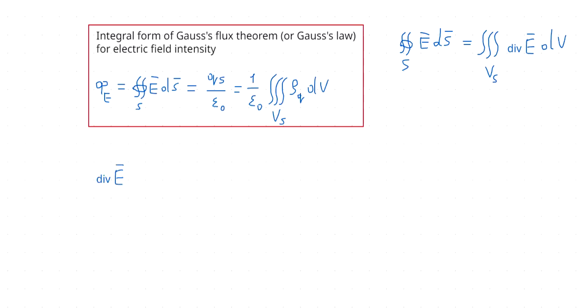And this is equal to Hamilton operator dot product function E, and this will be